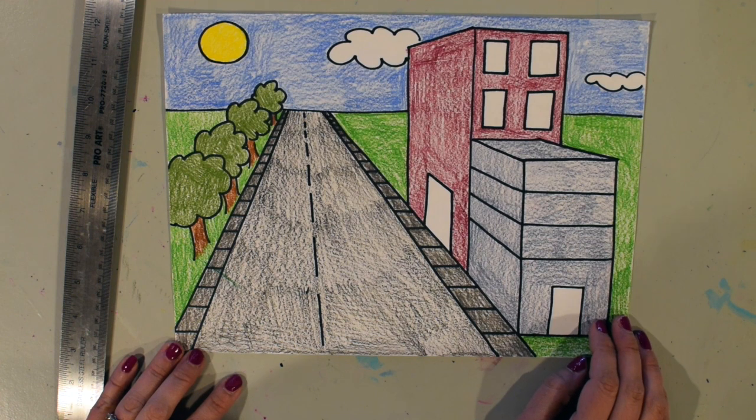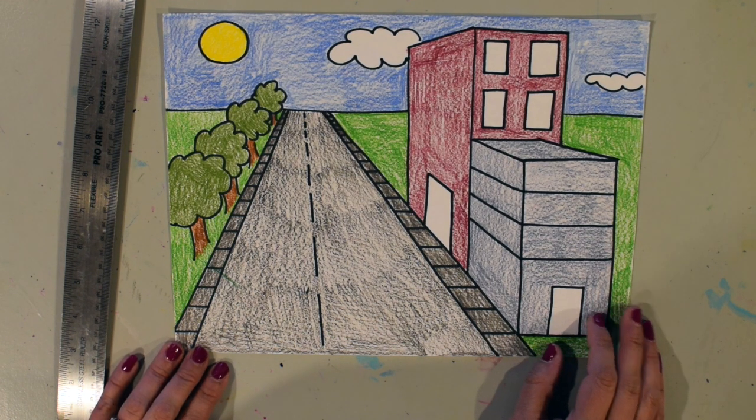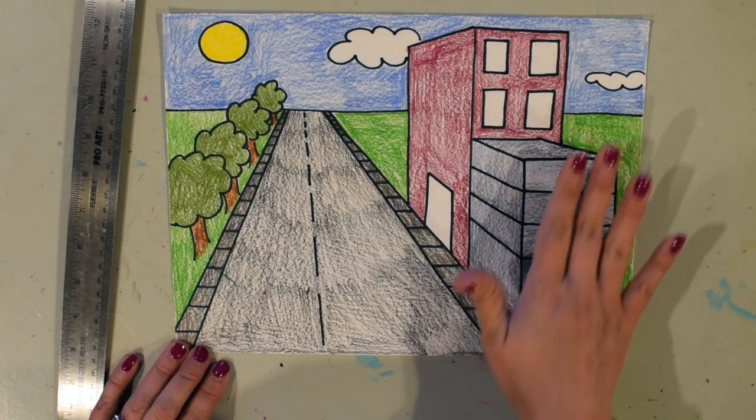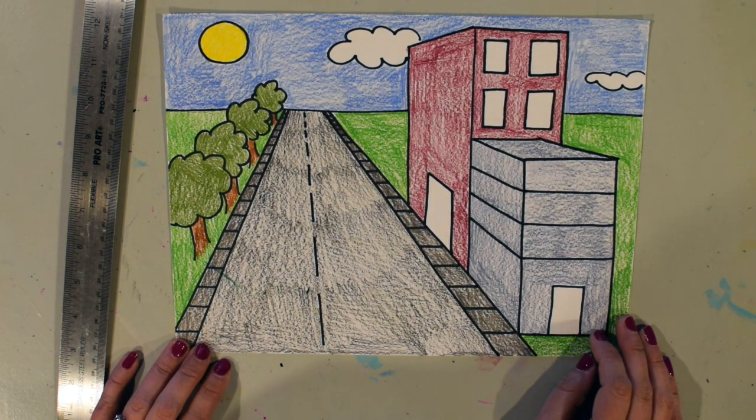Again, you can just do a pencil drawing if you don't have any supplies or if you don't have time to color in. That's okay too. If you do have extra time, you can color in. You can give it a sunset. You can choose whatever you want. If you have extra room, add more buildings if you want to, or add any extra